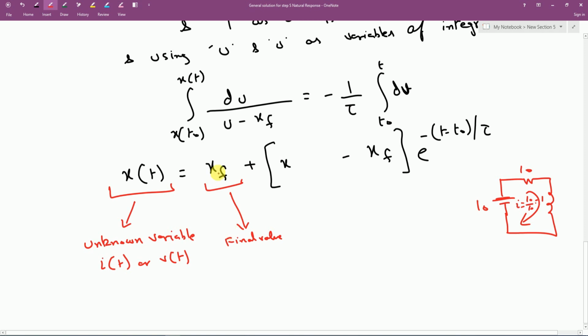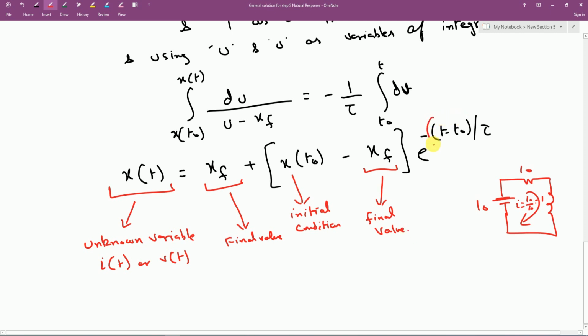The same is the case for the circuit where we have the capacitance and the resistance. In here, what is this x? This is x of t naught, right? This is the initial value, or the initial condition, of the given circuit. So if we have some current flowing here, then this will have that value. If we do not have any current flowing here, then this becomes equal to 0. And this is what we have seen in the previous lecture. This again corresponds to the final value here.